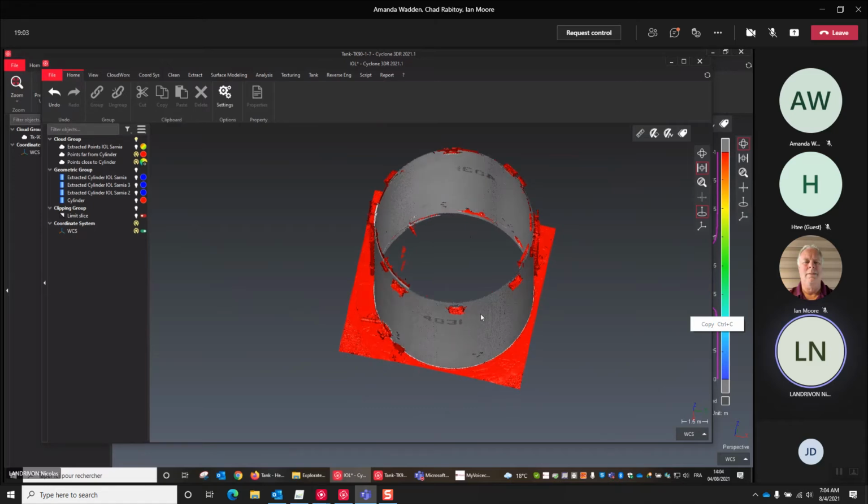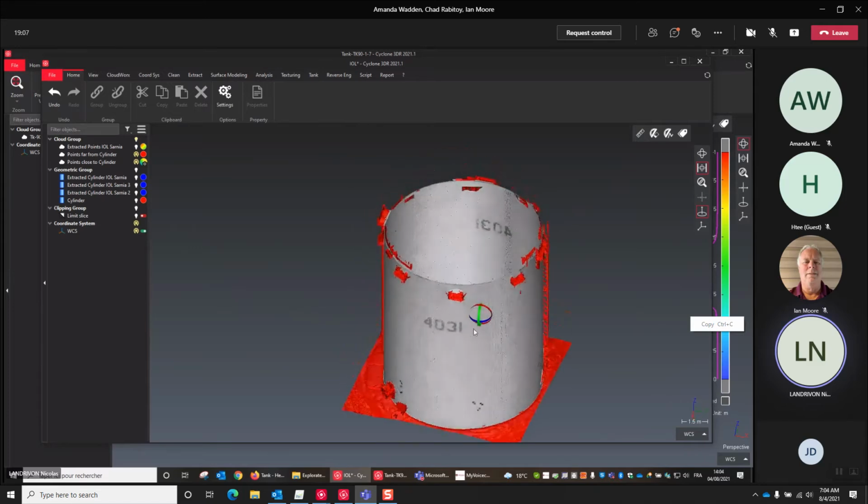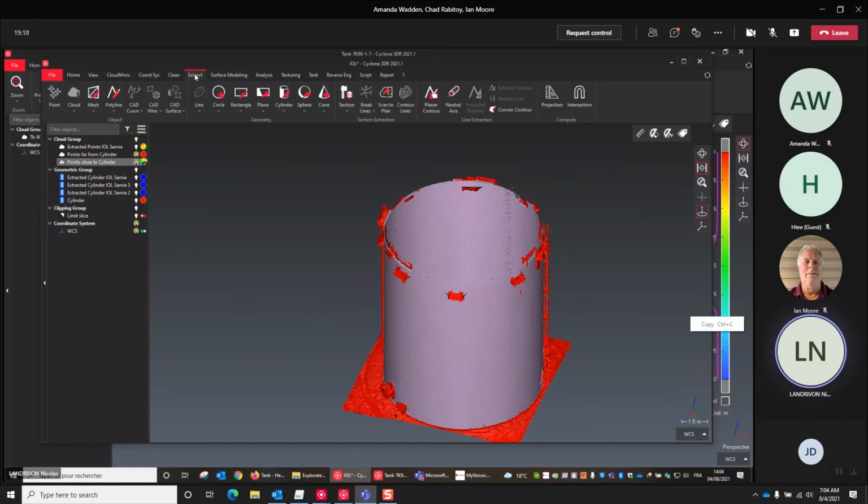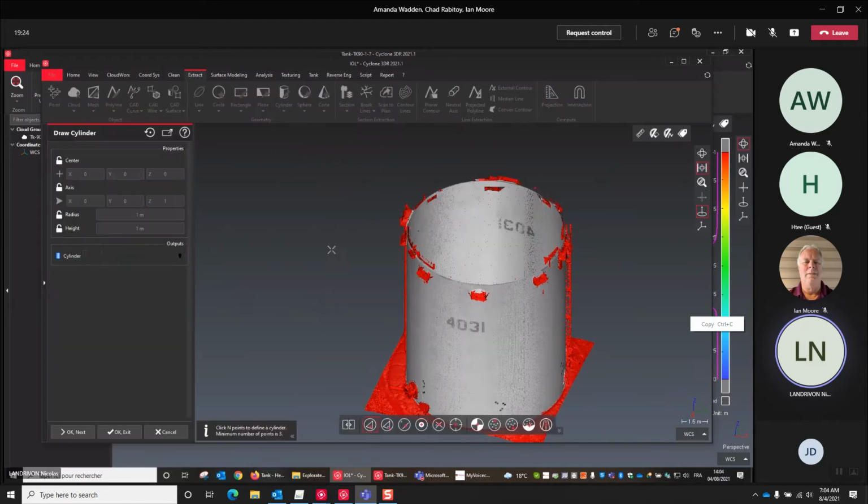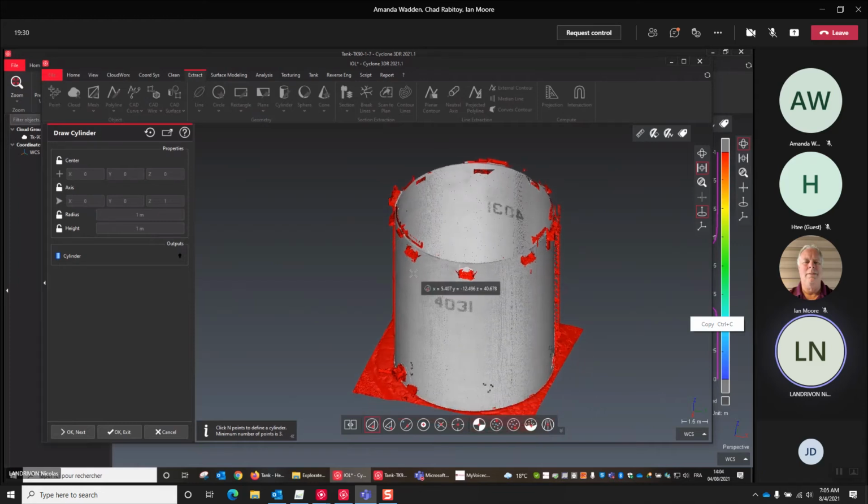So I remind you that the workflow was to try to create a reference cylinder, using, just to remind you, the function extract cylinder, or draw cylinder. We try to also force the axis so that it goes along the Z direction.